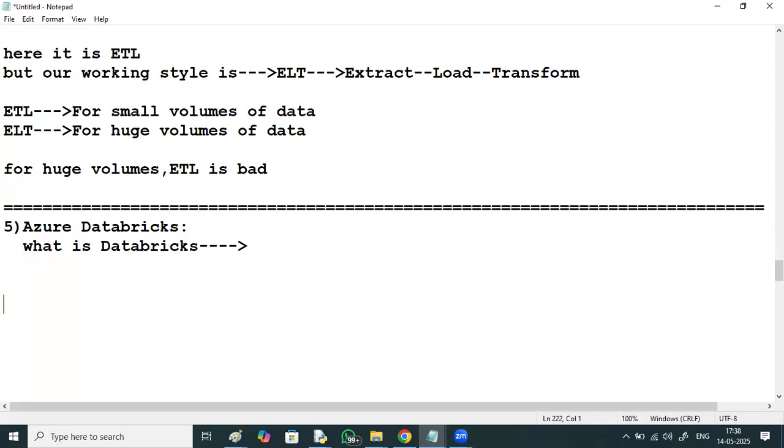On those tables you can perform any kind of querying. So one thing is making the data structured and performing some kind of querying. And apart from that, as per the business requirements,